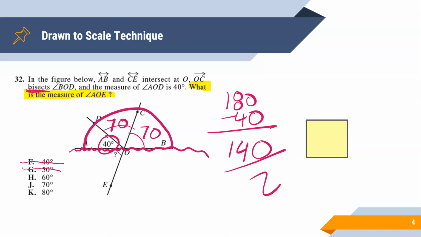I divide by 2, and that tells me that this angle and this one are each equal to 70. And again, I'm going to use the fact that this thing is drawn to scale. Sophomores already know this from geometry, but these two angles here that are colored yellow are called vertical angles and are equal to one another. For freshmen, you can just look at those two angles and they look like they're exactly the same measure,